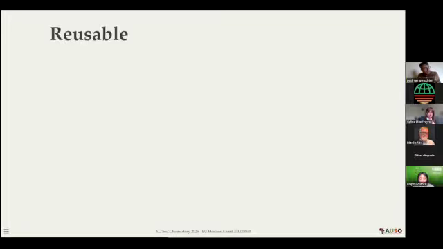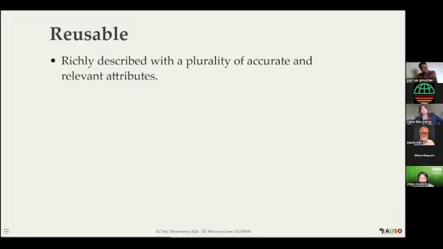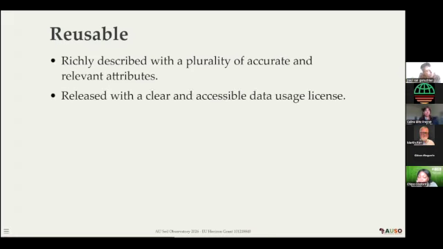Then finally, let's go into the reusable topic. Reusable is mostly a metadata aspect, where context needs to be added to the metadata so people can easily reuse your data. One of the aspects here is that you need to indicate a clear usage license of the data.